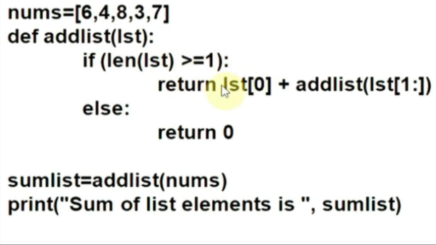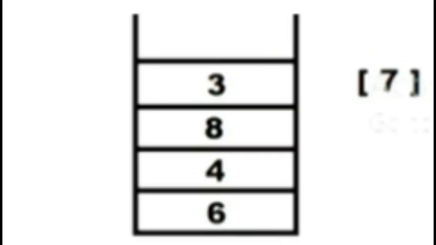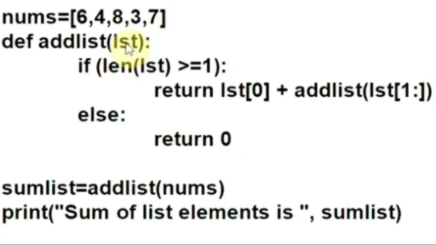Yes. Return, go back to the main function taking this value 7 and call the addList function with empty list because there is nothing left in the list now. Okay. So this 7 is pushed to the stack. LST has become the empty list. The length of empty list is 0. Is 0 greater than or equal to 1? No. So the else statement is executed and this return 0 means go back to the main function taking the